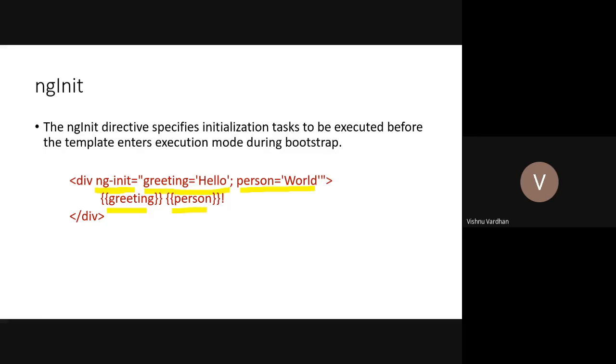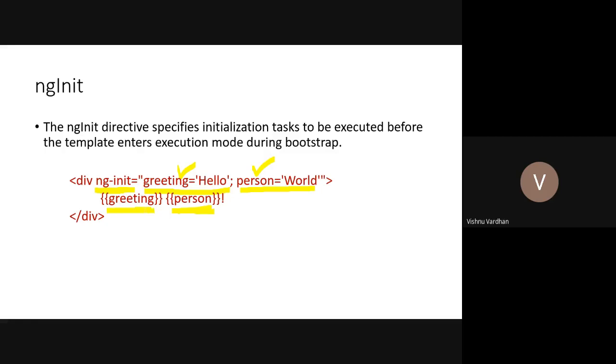but it is not the one-time case. You can change these greeting value and the person value from a controller. So whenever there is any change in the controller, automatically these are getting changed accordingly. The greeting and person are having the default values, but it's not limited to the first values only.